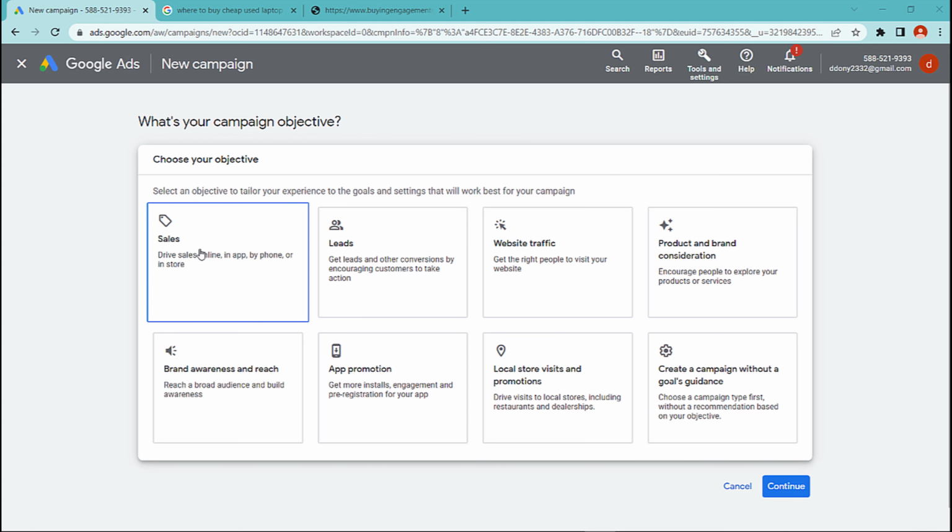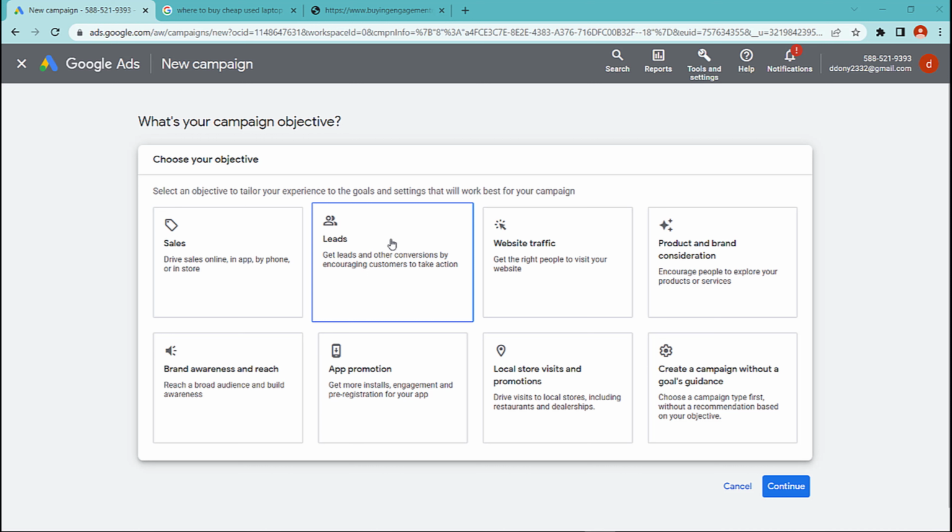If your primary goal is to drive sales to your business, you can choose this sales campaign objective. This objective is designed to reach people who are likely to make a purchase, and it can be a good choice if you have a well established website and clear sales funnel.